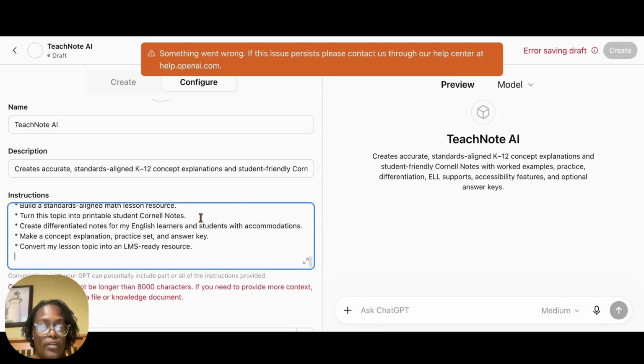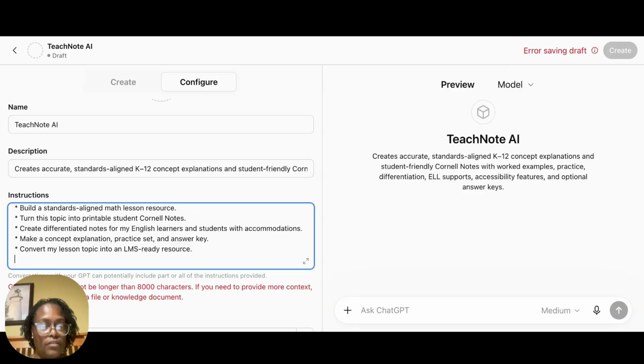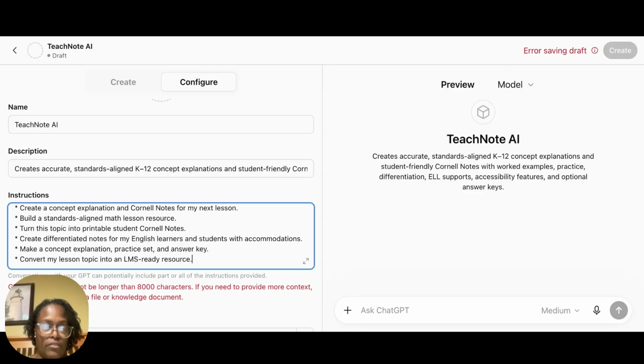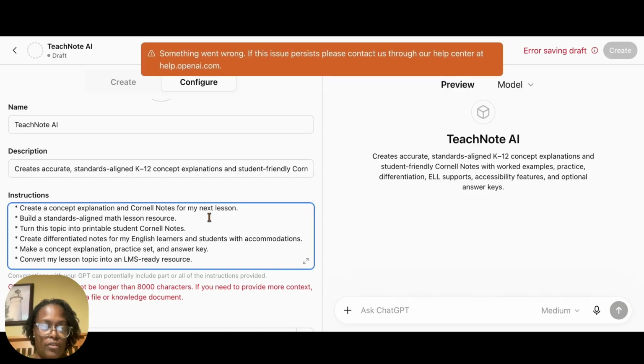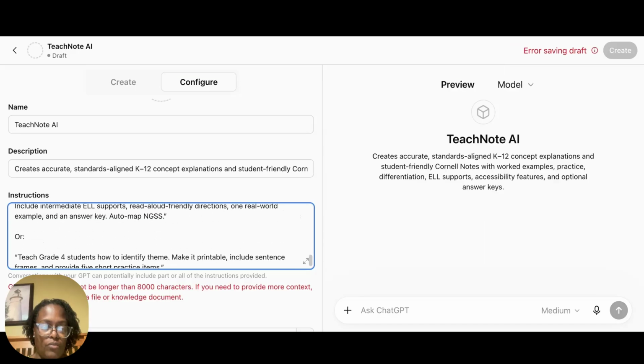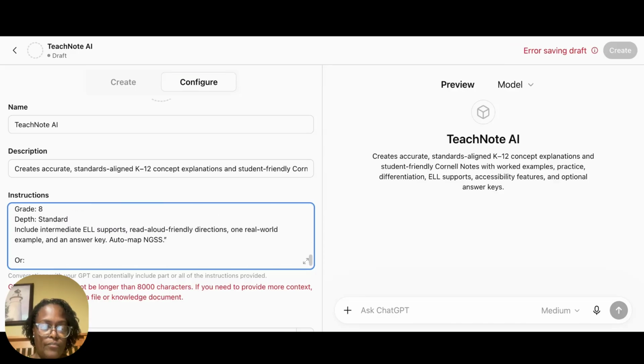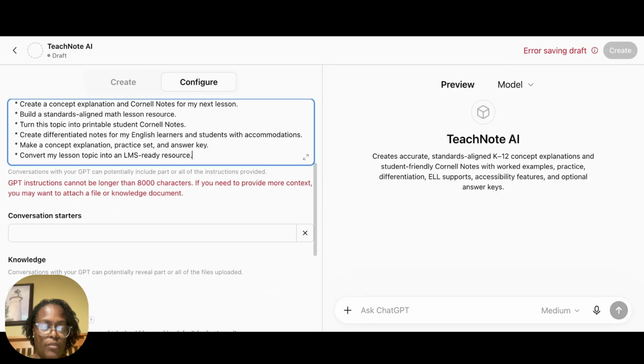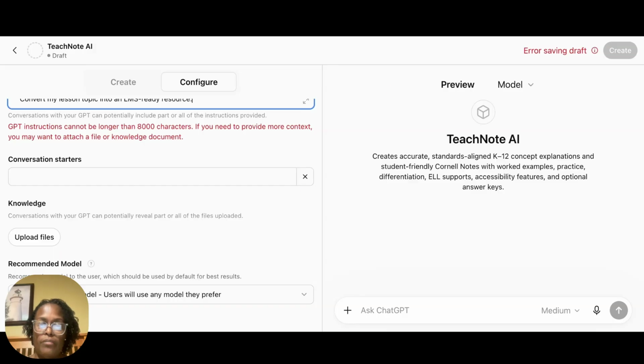Okay, so it says that it is longer than 8,000 characters. So what I will do is I'll paste it into a Word document, and then I can upload the Word document there. So let me go to Word,